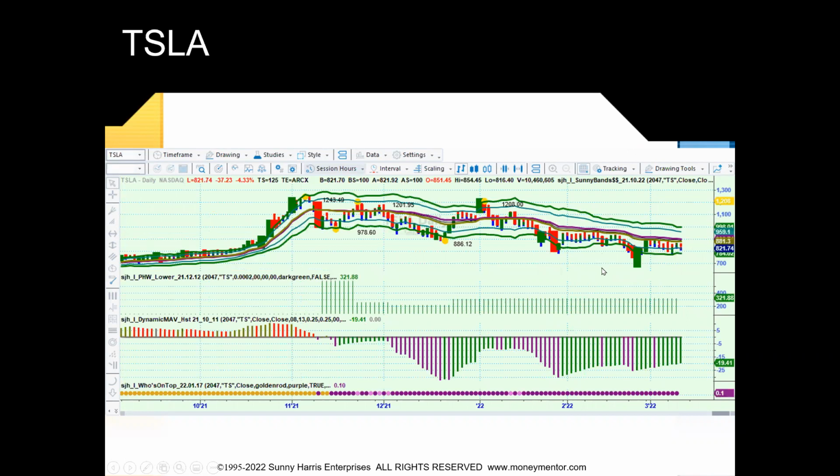Here's Tesla. I believe in Tesla. I've got a lot of shares of Tesla. If you look across here, you see an attractor. See, as that goes across like that, that's support from way back here. Again, you can see the volume. You can see that green is evident on the DMA histogram. Even though purple's on top, it's showing green, which means that it's just about time to go long there. Here's the PHW lower, again, tells me there's $321 in the last trade.